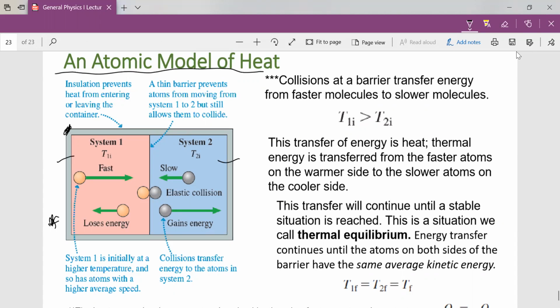So the atoms of that system are moving fast. You see the vector diagram for the velocity of this atom being higher than that of the atom in the cold system, which is system 2. So there exists a kind of boundary between the hot and the cold, just like you saw in the boundary between the pan and the